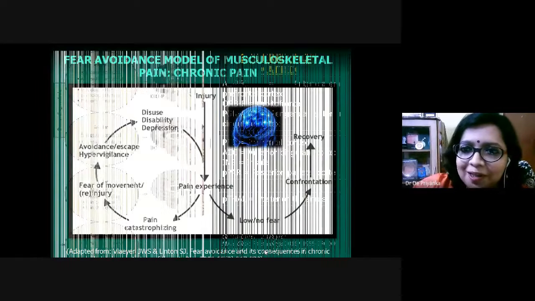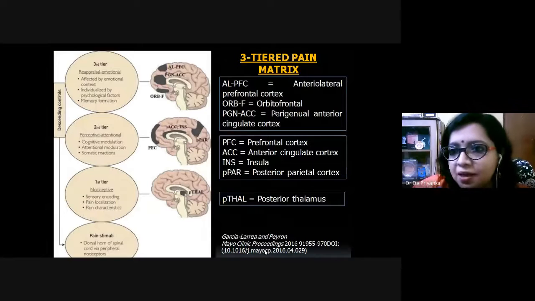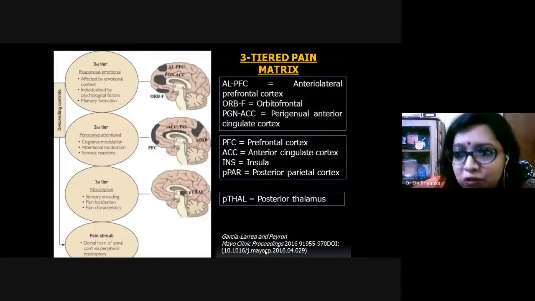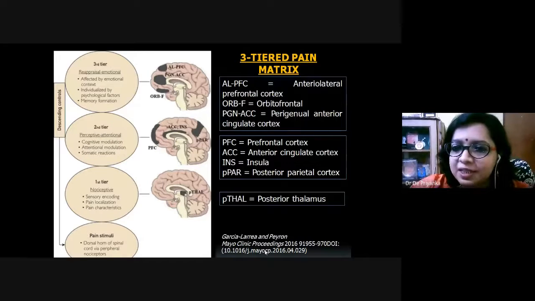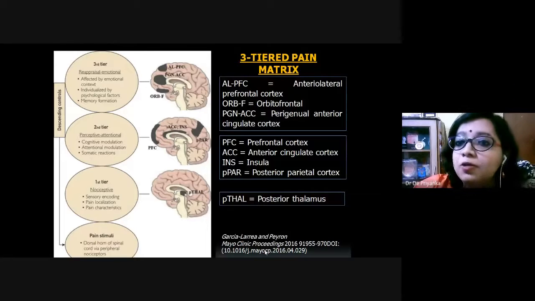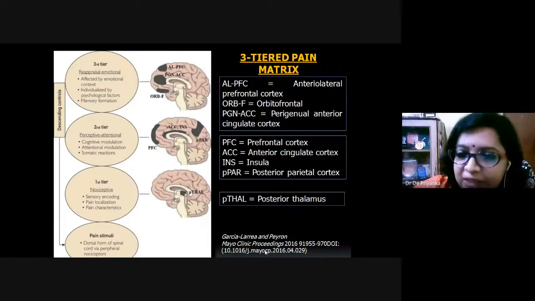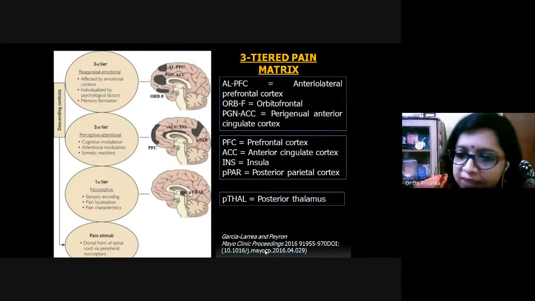Now, the climax of everything was given by the three-tiered pain matrix. The three-tiered pain matrix for the first time showed that the motivational component, or rather the neurocognitive aspect, is so important in our day-to-day life. You can see here in the picture, very briefly, I can just tell you here that when